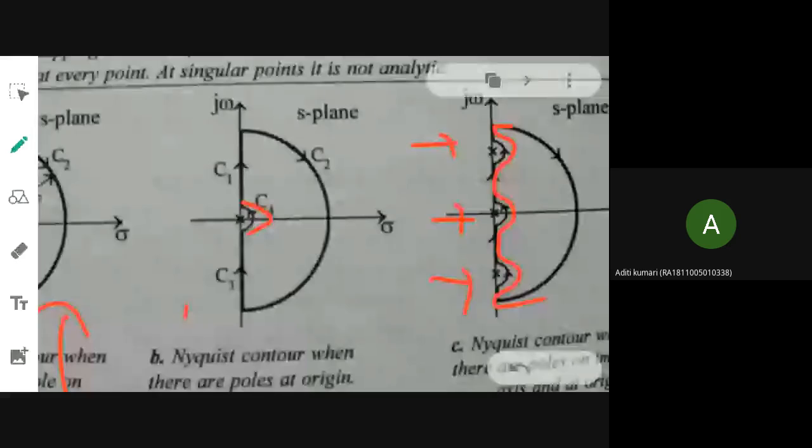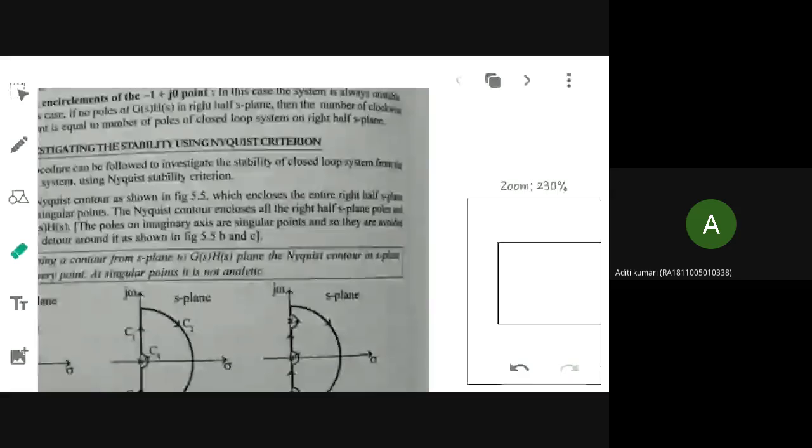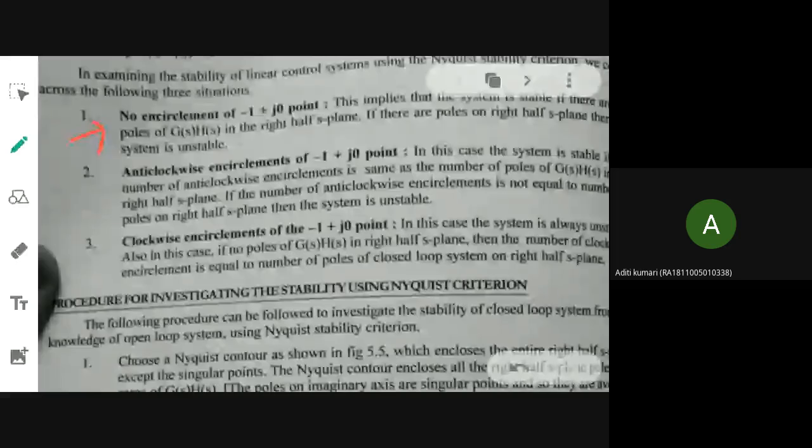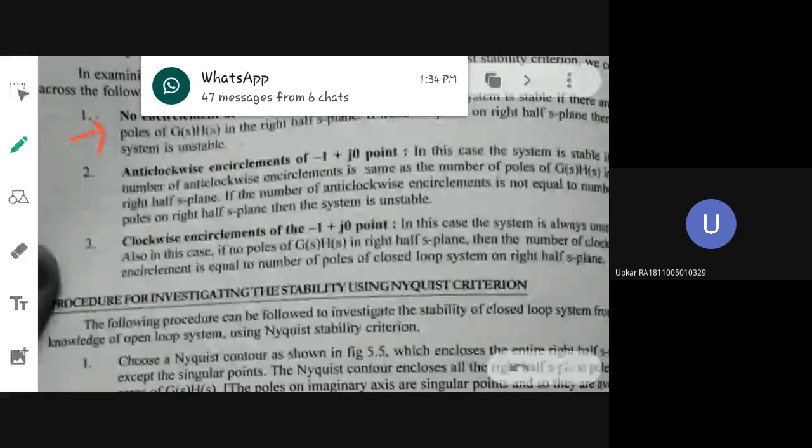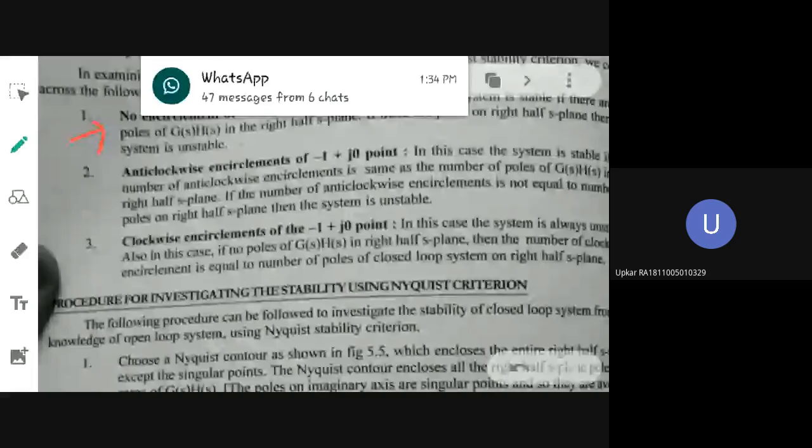There are 3 points. So the first point says no encirclement of -1 + j0. I told you, from here afterwards we will not discuss encirclement of 0. Here afterwards we will be discussing encirclement of what point? -1 + j0. No encirclement of -1 + j0 means no poles are located in the right half. Okay, if there is no encirclement of this point and if no poles are located on the right half,